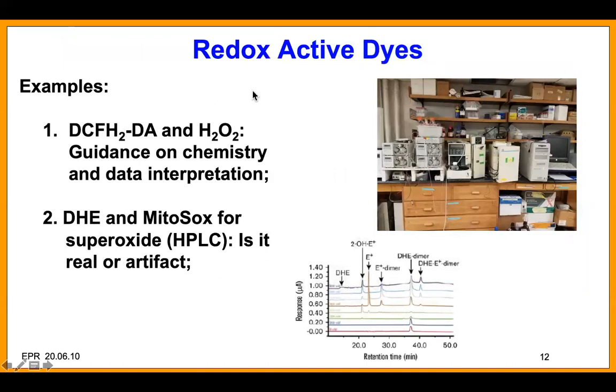For example, in redox active dyes. In the typical redox active dyes, such as DCFH, as people usually shortcut name for this, iron is absolutely essential in causing the oxidation of the dye, so the color change that people see. And so we have to really be careful how we interpret data. We have this HPLC system that you see pictured here, where we can quantitate superoxide from DHE and MitoSOX, okay,